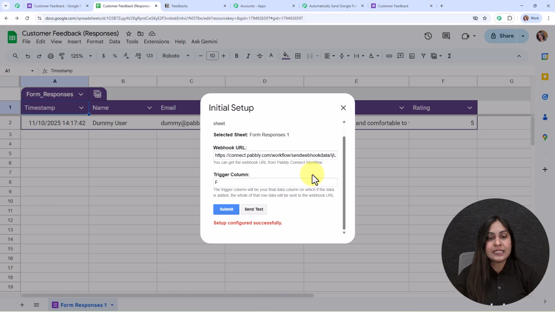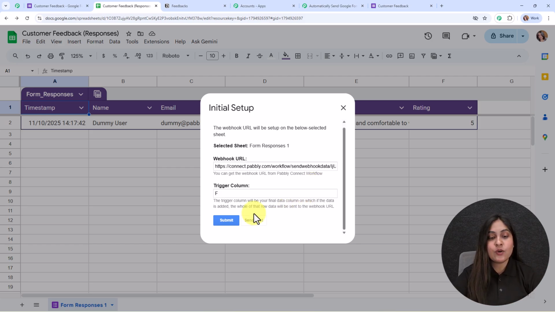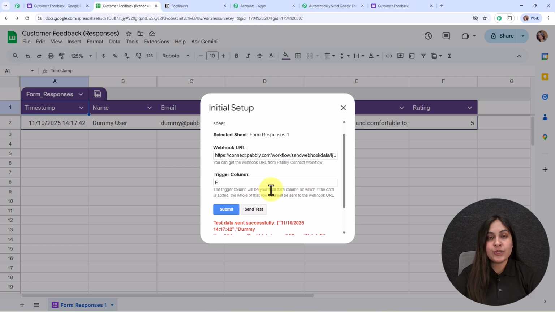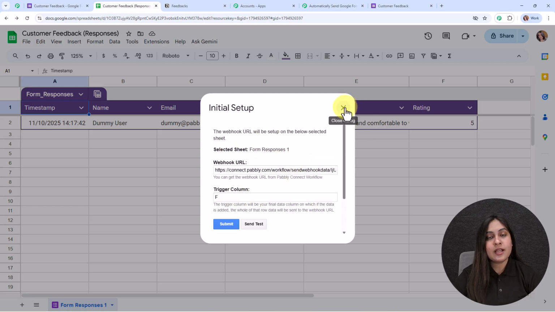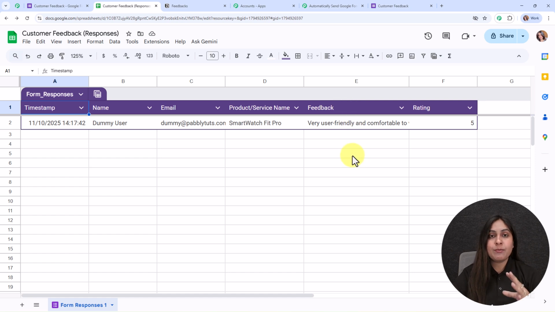So now here, after building this connection, let's test this connection by clicking on the send test button given over here, and it says test data sent successfully. That means we have successfully sent the first row data of our Google Sheets to this webhook URL, that means on our Pabbly's workflow. So now let's go and check it,